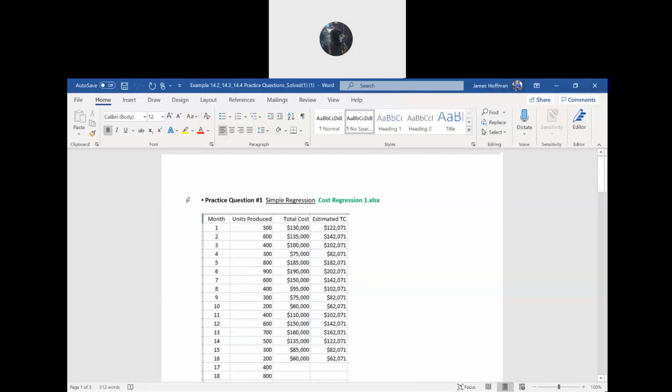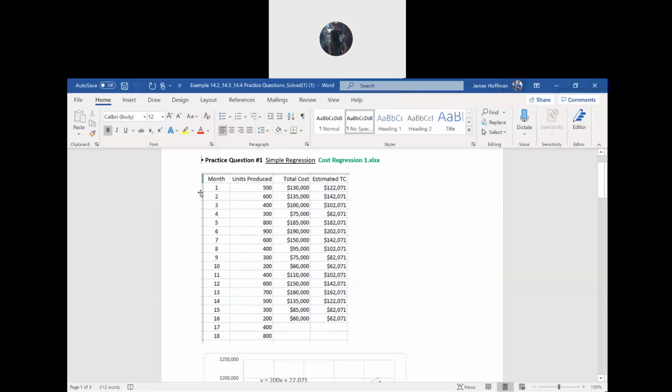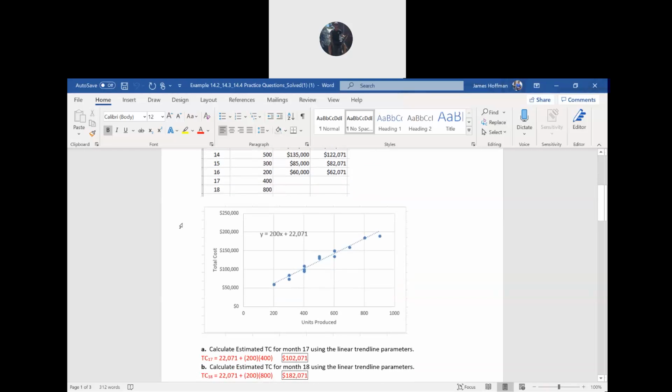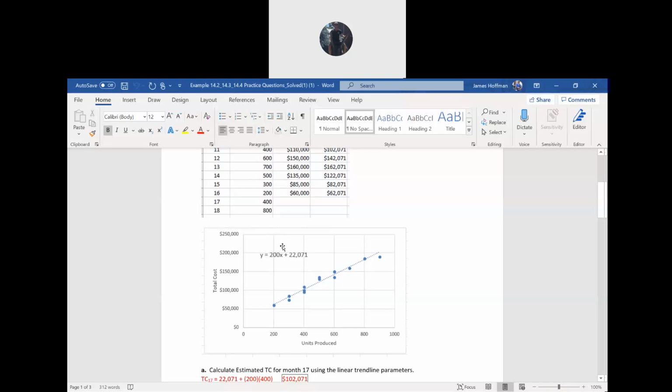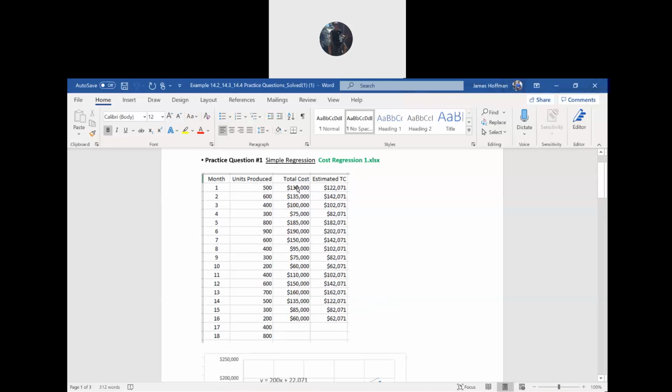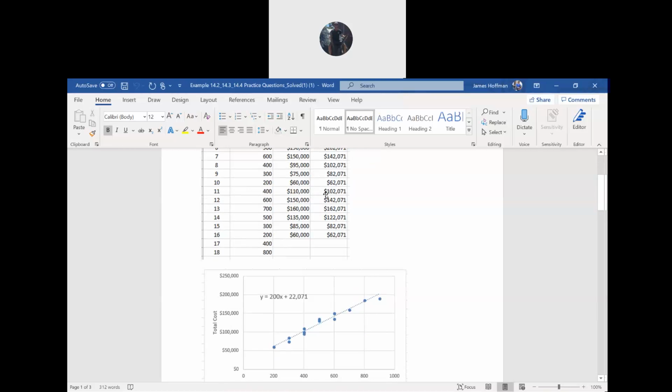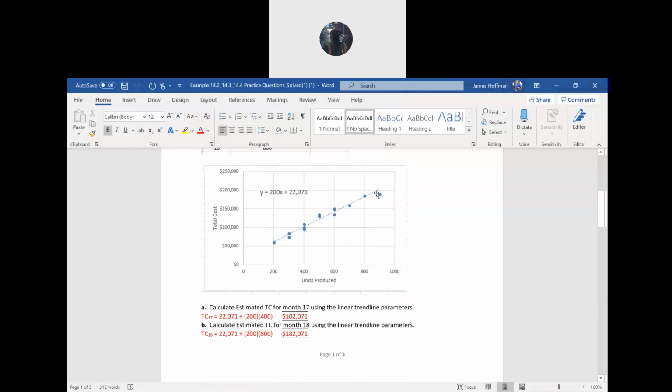So here, remember we did the exercise where we had the different months and the units produced and the total cost and the estimated total cost. So here's our prediction given the units produced and how units produced affect total cost. And then here's our trend line of that in the equation. So part A, calculate the estimated total cost for month 17 using the linear trend line parameters. We've done this a bunch of times, but here's the trend line, $22,071